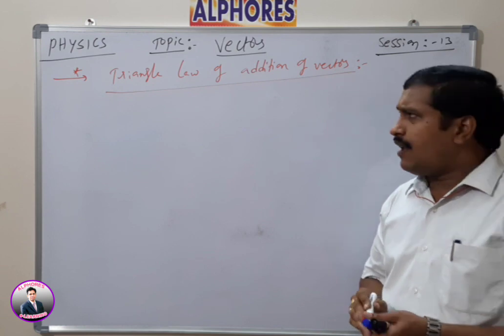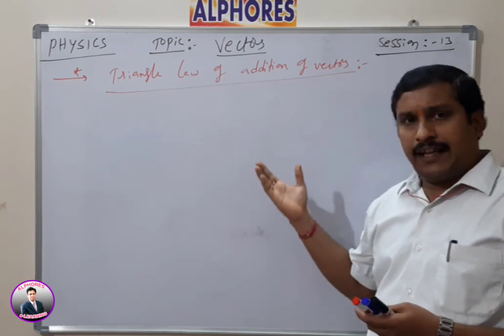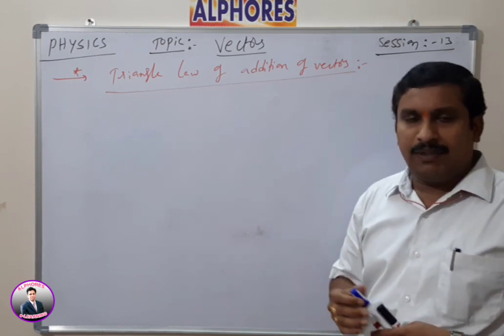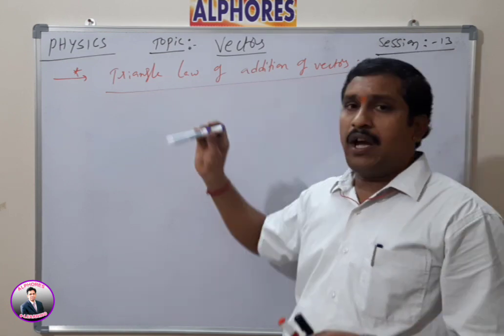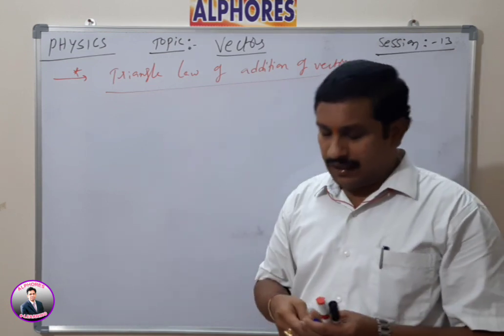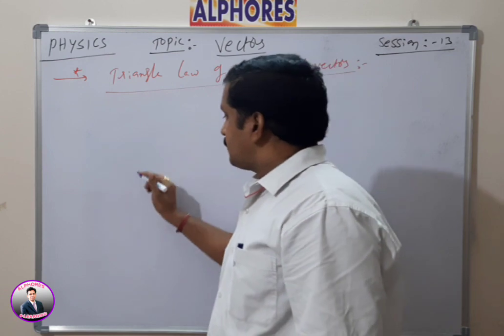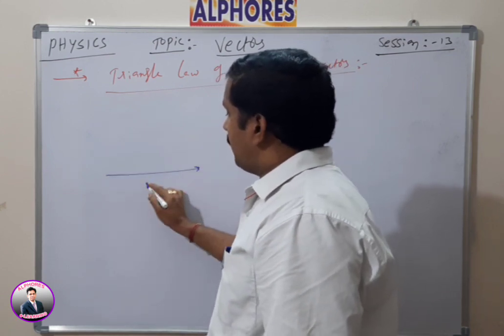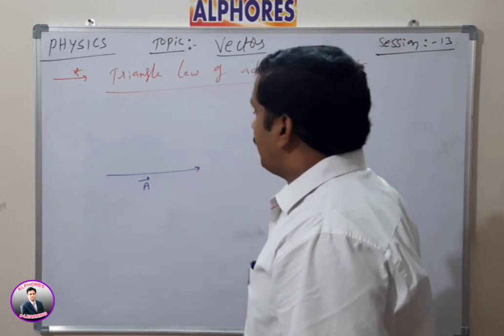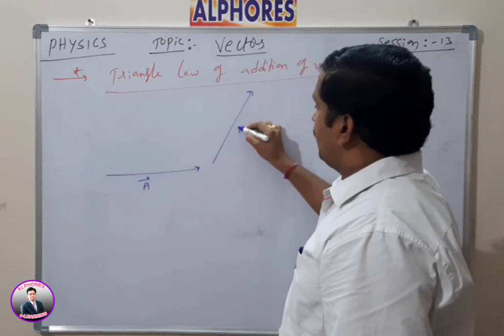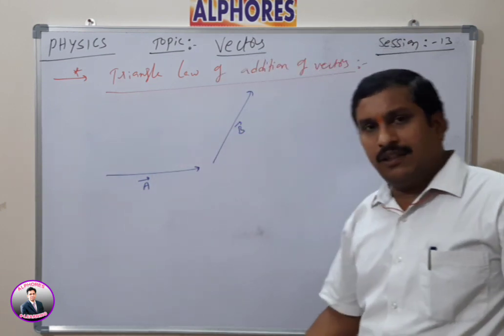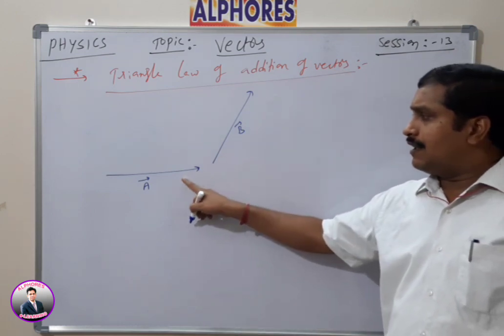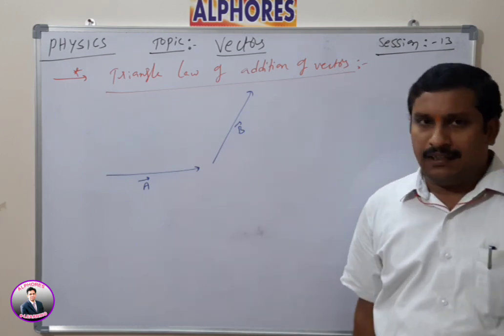Now, how to make the triangle by taking different vectors? In order to form the triangle, we have to take two vectors. Listen carefully. How to add two vectors? Like this is A bar, capital A bar I am taking. This is one vector and this is some other vector, B bar. A bar and B bar are the two vectors included in a certain angle.